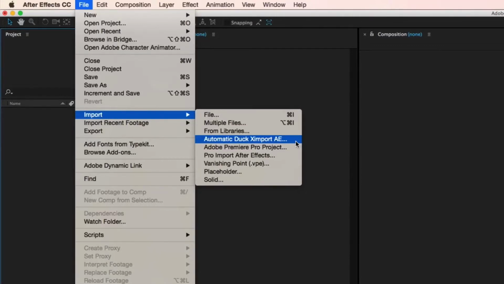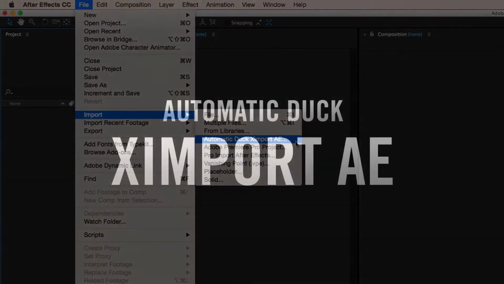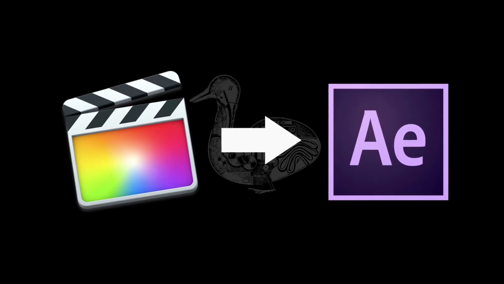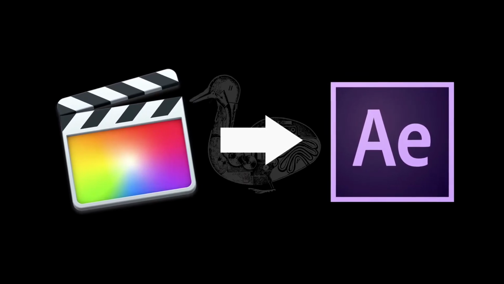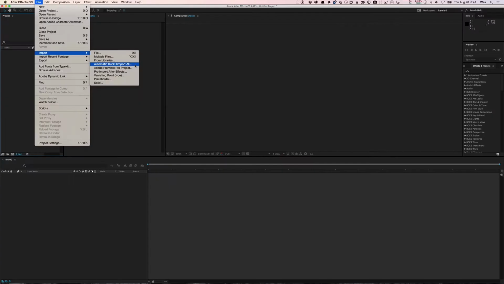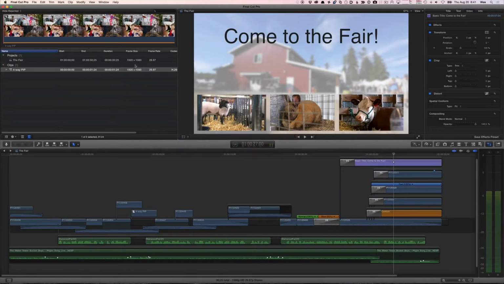In this quick start video, I'm going to show you how to get started with Automatic Duck Ximport AE, a brand new plugin from Automatic Duck that allows you to translate XML files from Final Cut Pro X directly into Adobe After Effects. Automatic Duck Ximport AE lives in the After Effects File Import submenu, but in order to demonstrate the workflow, let me go ahead and switch into Final Cut Pro X, where we can look at an example